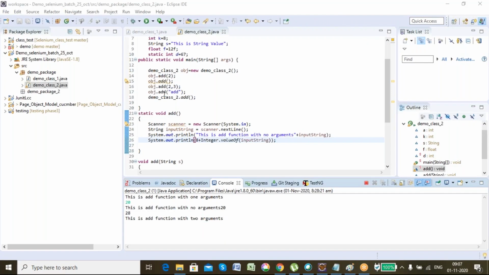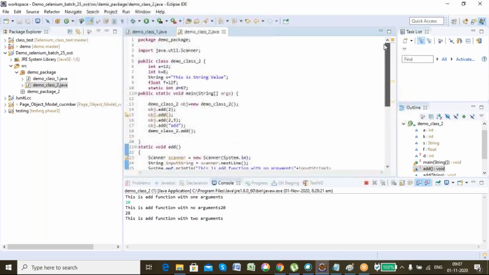Okay, so yesterday what we have learned is that any operation we are doing, we are hard coding the value. Let's say, for example, anything I was doing, like addition or subtraction, any values which are available here, I have just hard coded inside the code. But let's say I want my value to be taken during the runtime, means it should be taken while I'm executing the program. It should take the value from the keyboard. Then what is the syntax for it?